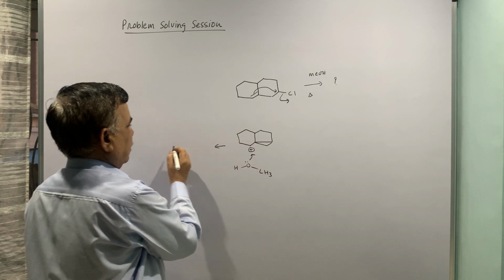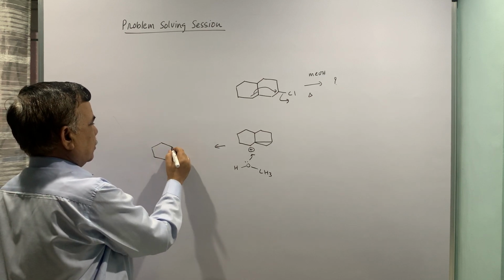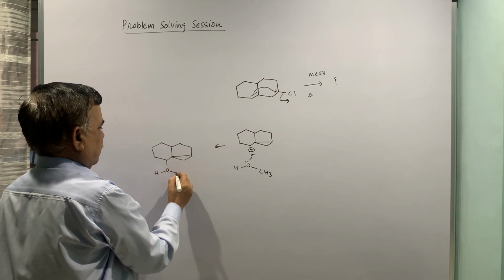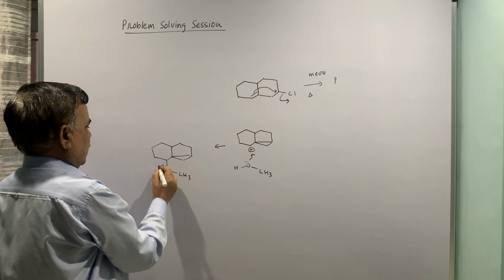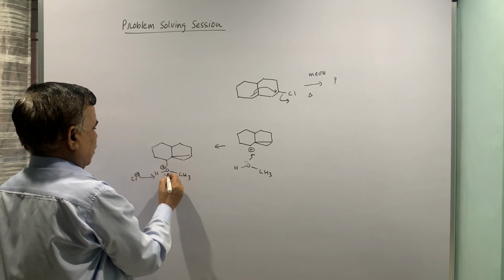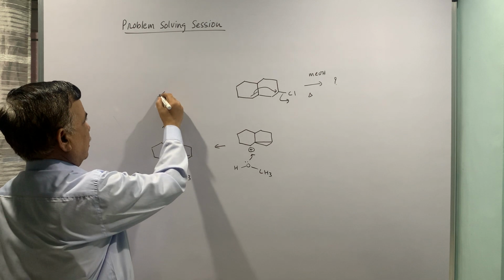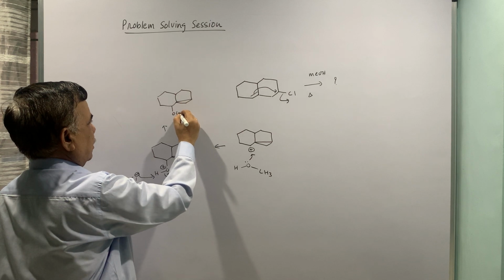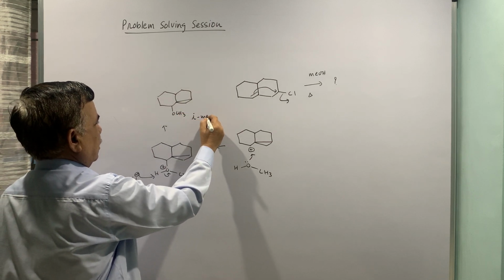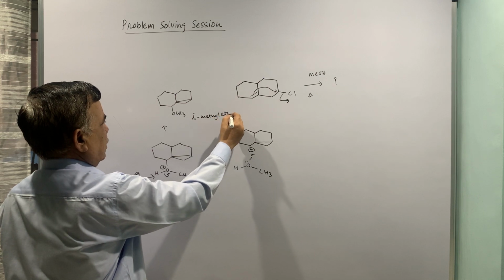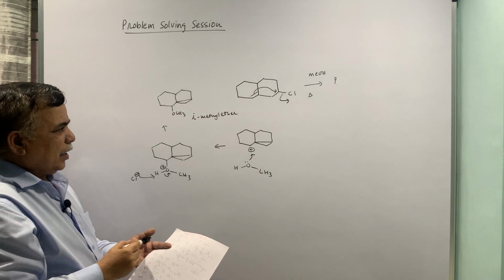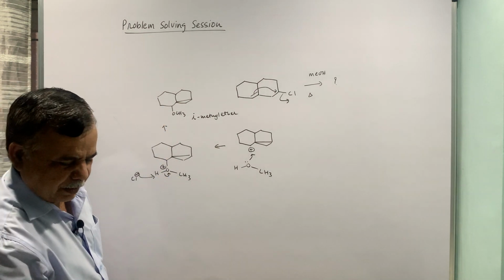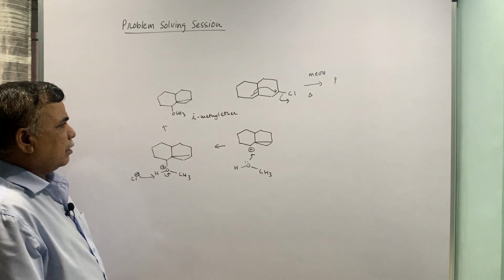this will attack. This cyclopropane ring is very much there, this is plus, then Cl minus can abstract this proton and you get the cyclopropyl methyl ether. This is steroidal nomenclature, the methyl ether, where the cyclopropane ring is there, and next to that there is a methyl attached to it through oxygen.